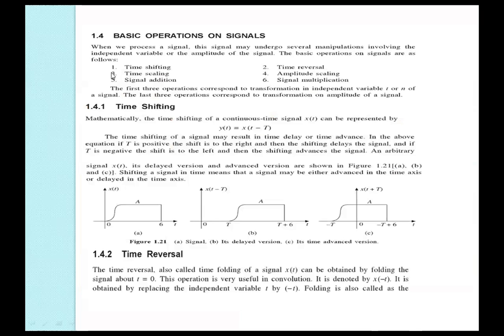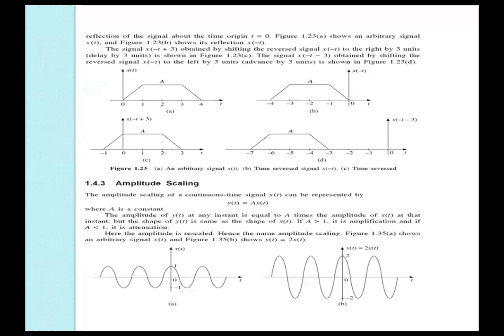In the previous class, we discussed time shifting, time reversal, and time scaling. Time shifting towards the right side is a delay function. Shifting towards the left side is an advance function. Time reversal is a folded function. Given x of t is a signal, x of minus t is a folded version at the 0. If x of minus t minus 3 or x of minus t plus 3, it is shifted towards the left side or the right side, depending upon the values we shifted.